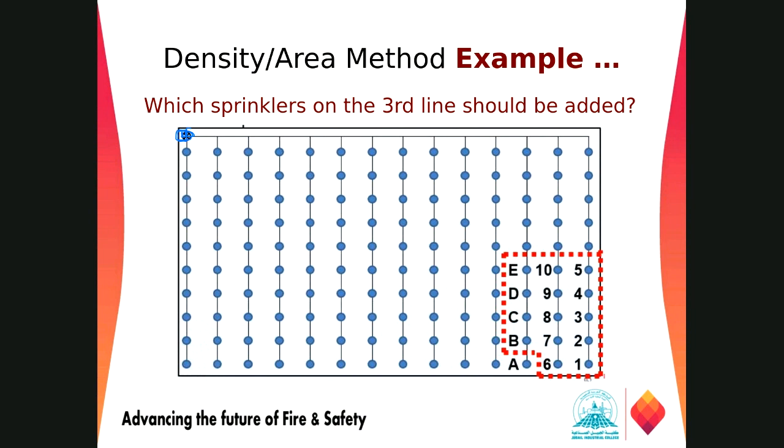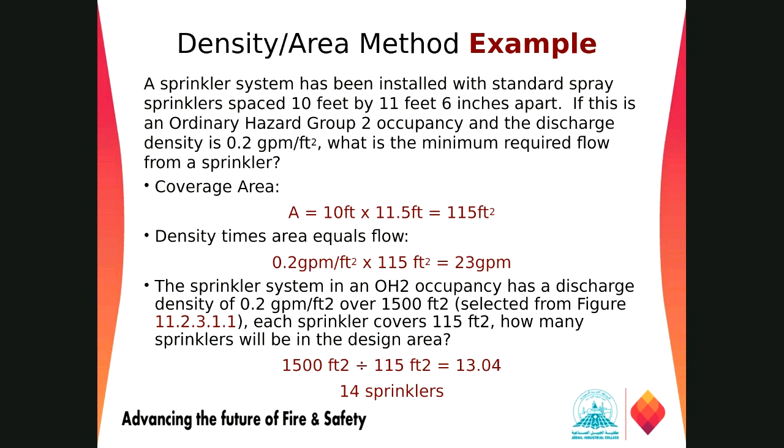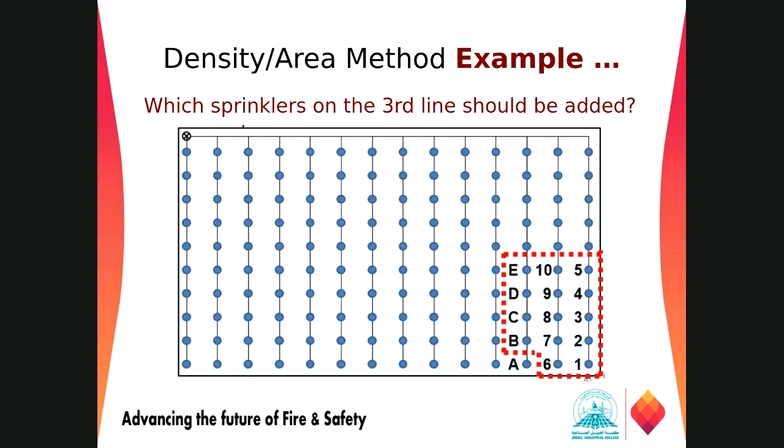You got the point. But one thing I want to emphasize here: the one I discussed on the blackboard, I think that is not required. It is more than those. As I said, we need to go line by line. Even if you are going line by line, we need only around 14 sprinklers, unless we have any partition in the wall. Sometimes there is a partition like that, so maybe after the wall we have to put one sprinkler on that side and that side. We might go to a higher number of sprinklers. But your area is open, and we don't have any problem with obstruction. We can go with this design. Clear?